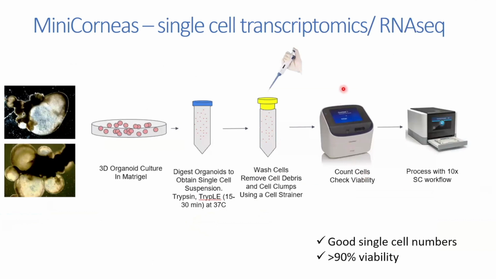This is a technique that we have been also implementing in the lab, and we're now doing it quite routinely, which is very nice, which is single cell RNA-seq. So basically from a clump of cells, we can look at the gene expression in each individual cell. So it's really important for us to understand how, as a whole, the gene expression of a certain tissue or organoid in this case happens.